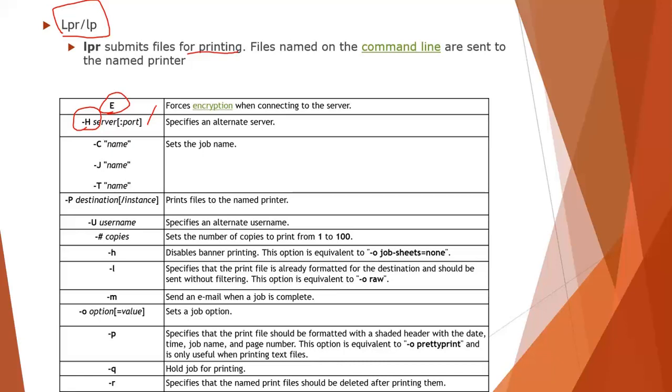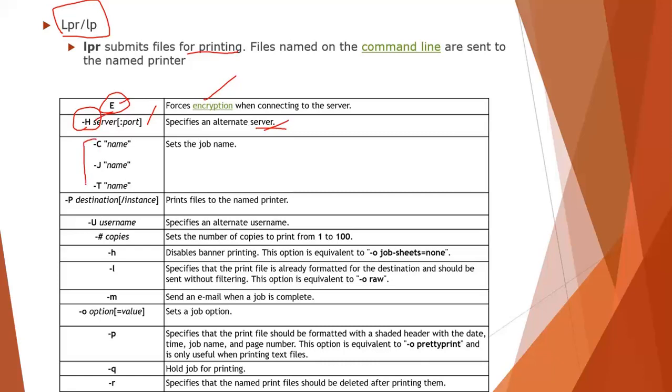So you are going to connect your computer with the printer, so it will form a network. When it forms a network, it will have server, port number and other information. Whenever you are forming a network, we'll have this concept called encryption and server formation. To mention which port number we need to use, and the type of encryption, or whether you want to encrypt or not, that information will be specified by specifying E as well as H.